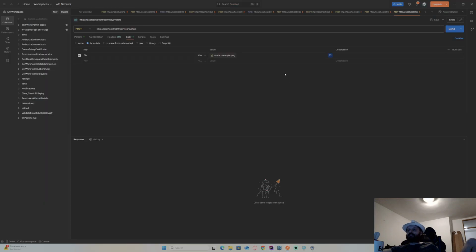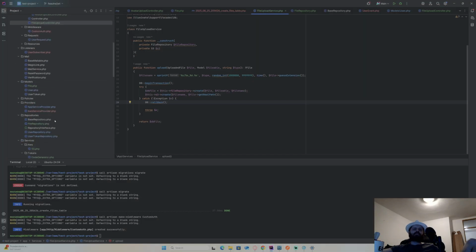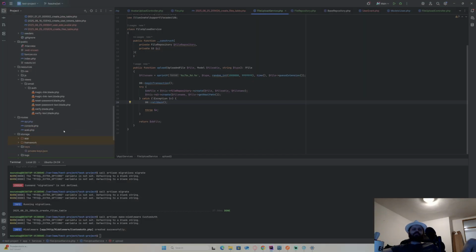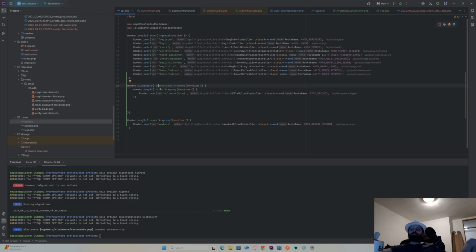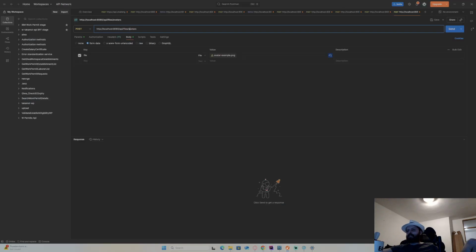Now let's see first the authentication work. My route should be correct. Let me just check another time. API routes, API custom out, so file slash uploads slash type. I didn't put uploads here.